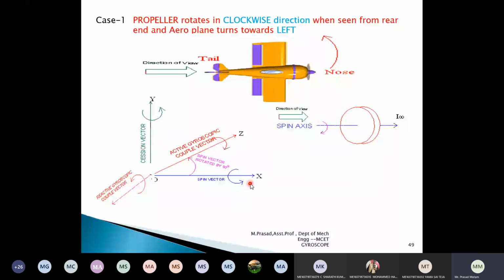All are clockwise motion only. This is moving forward, this is the clockwise motion. When we see from the top end, it is moving upward. This is the clockwise motion. Then it moves in this downward direction. This is the clockwise motion. Then only it will move in z-axis, positive z-axis. When we rotate in clockwise, this moves in the positive z-axis.